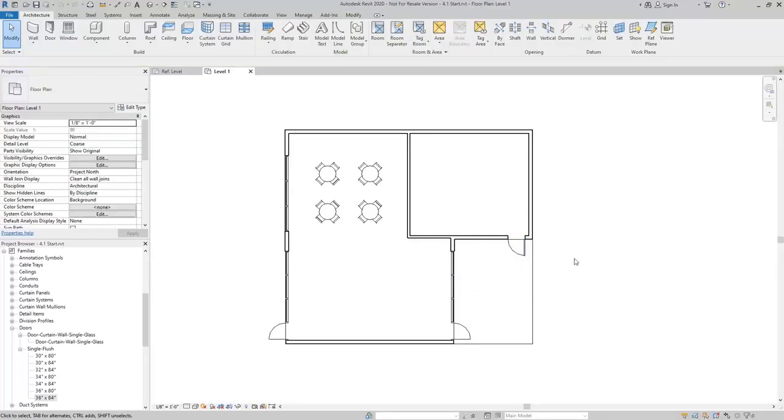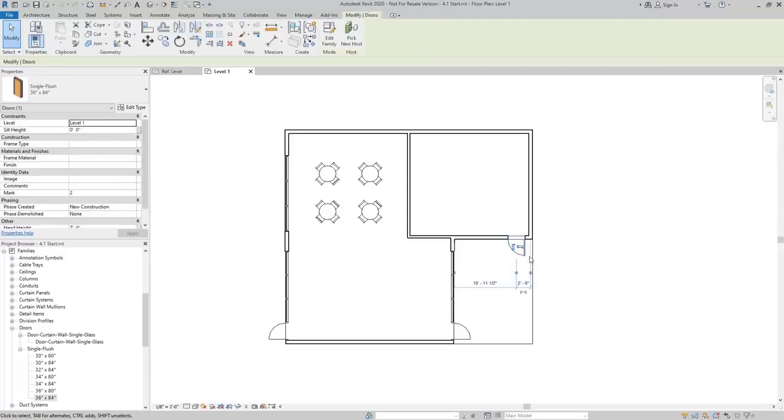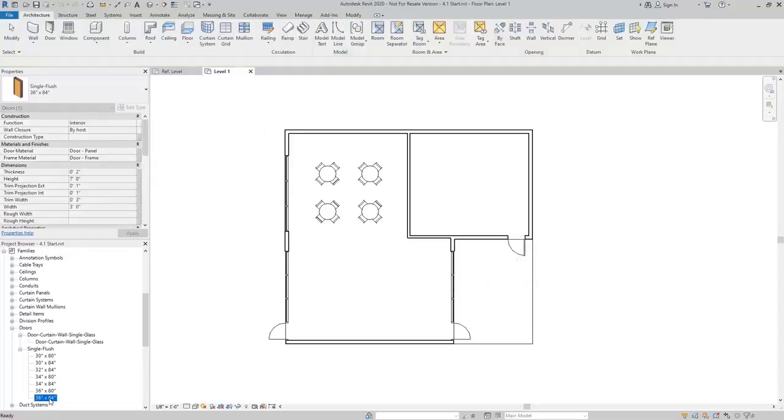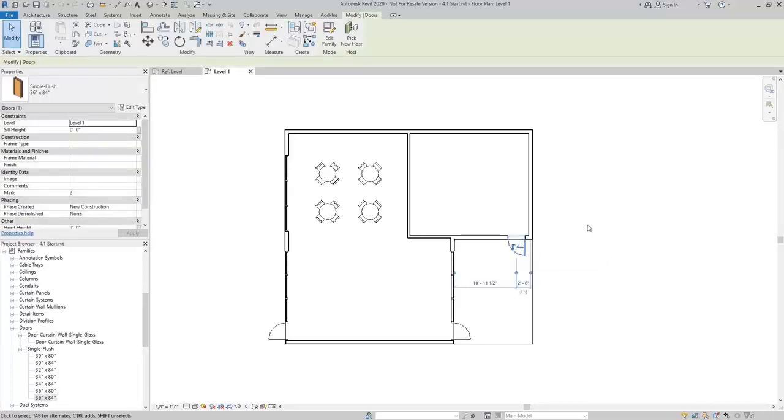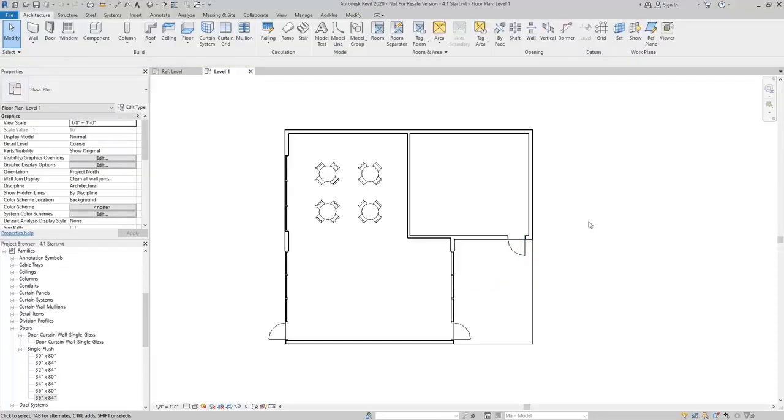This is helpful to know because if I were to make a change to, say, the instance parameters, then I know that there's nothing left in that hierarchy below instance, so it's only going to impact that one door. If I were to make a type change, then I know that any change at the type level is going to impact all of the instances, and I can use that same logic as I work my way up. This is important to know because when we create our families,